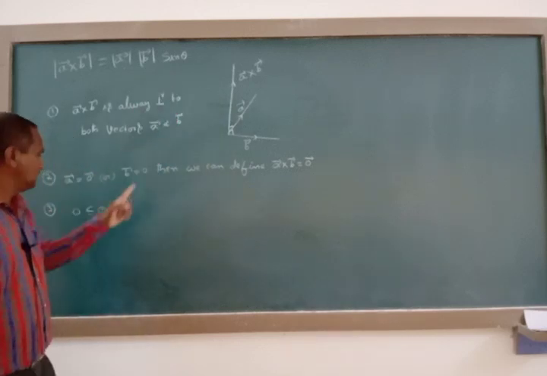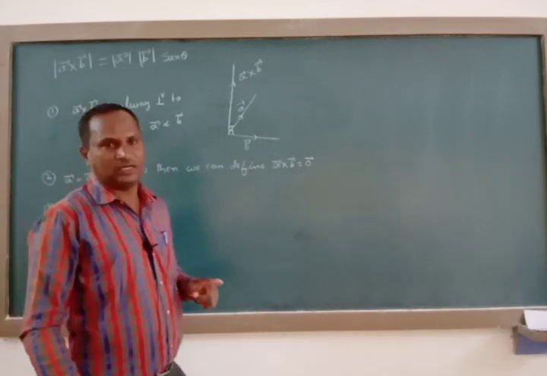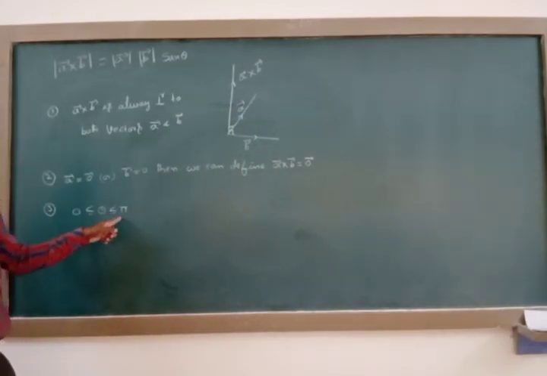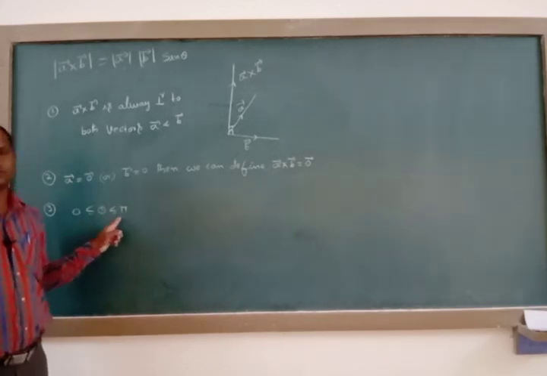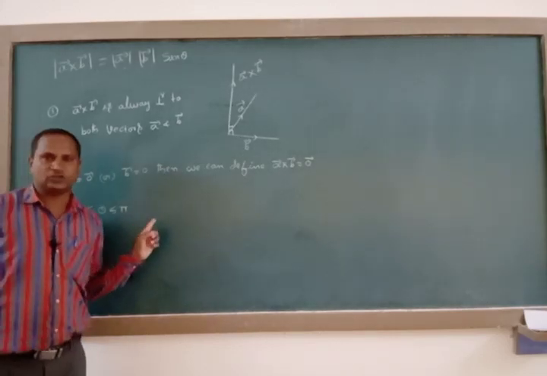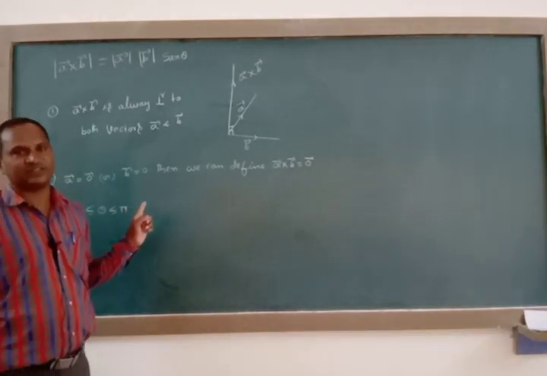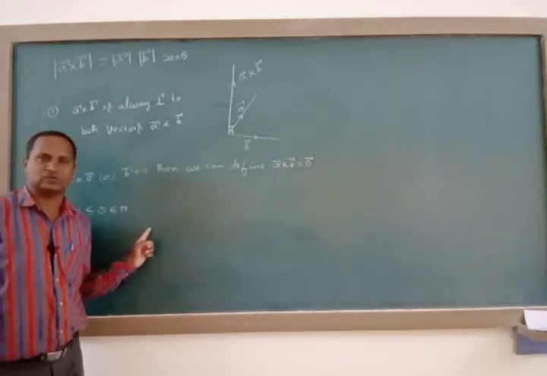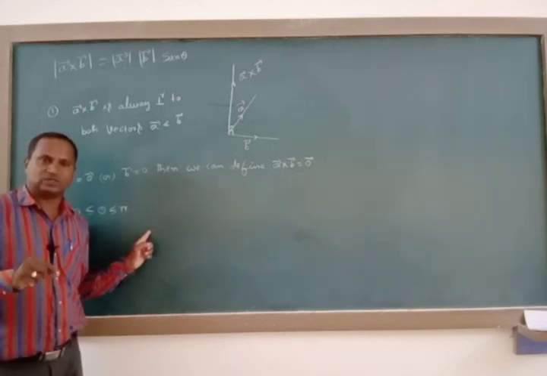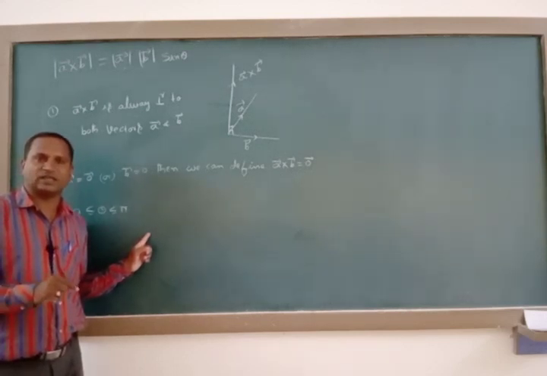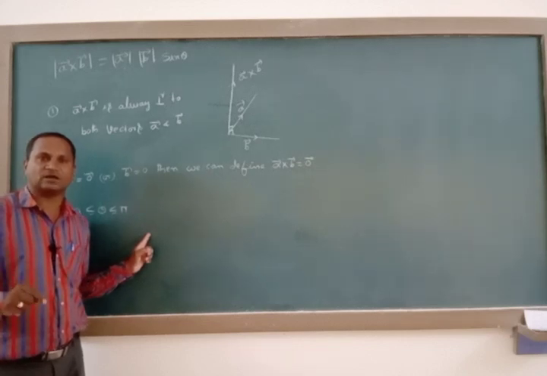That sine function is always positive in the first and second quadrant. Angle is 0 to pi means sine is always positive, because 0 to pi means the angle lies between the first and second quadrant only. In these two quadrants sine function is always positive, it never becomes negative. That's why, whenever you want to take the vectors, those vectors must lie between the first and second quadrants only. That's why sine function never becomes negative.